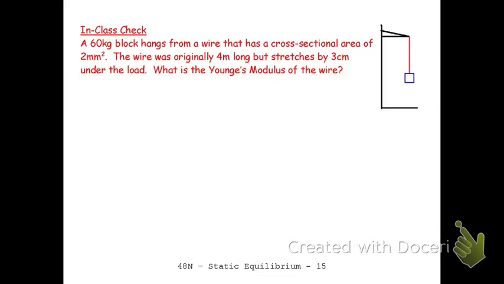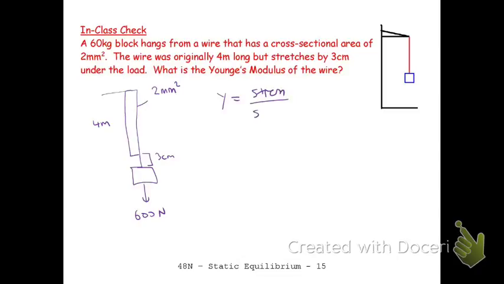A 60-kilogram block hangs. This is 600 newtons. From a wire of cross-sectional area, that's going to be 2 square millimeters. The wire was originally 4 meters long, but extends by 3 centimeters under the load. What is the Young's modulus? Young's modulus equals stress over strain, which equals the force per unit area over the extension over the original length,